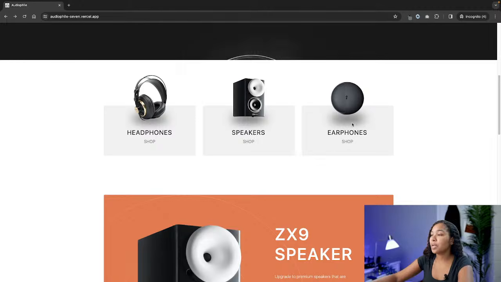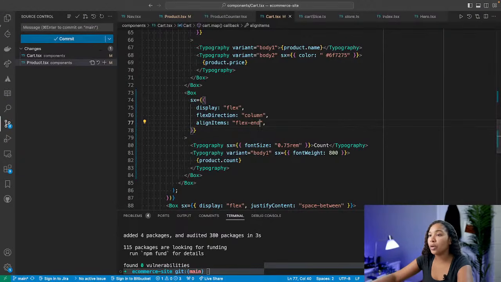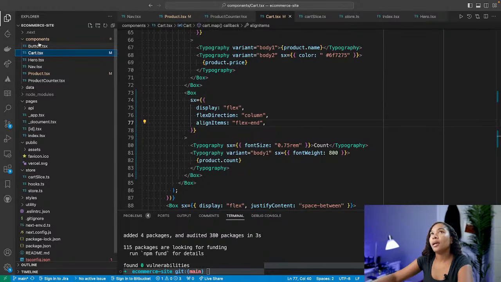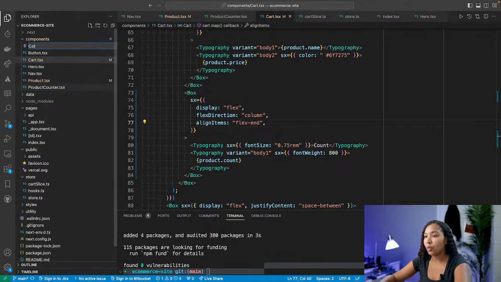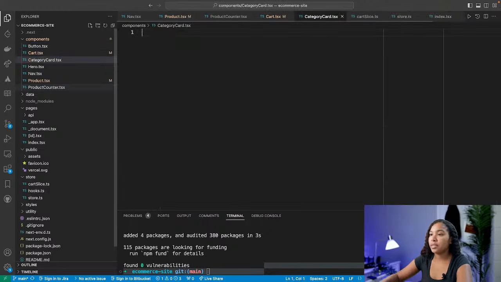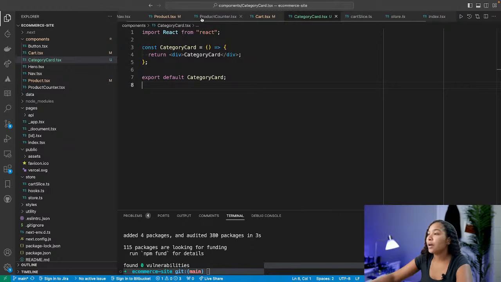First things first, I'm going to create probably the card for this and then just reuse those images as need be. So let's head over to our components folder, and we're probably going to need to create a new file and call it category card.tsx. We're going to save that and create that new component. All right, awesome. So then this is going to be imported on our home page